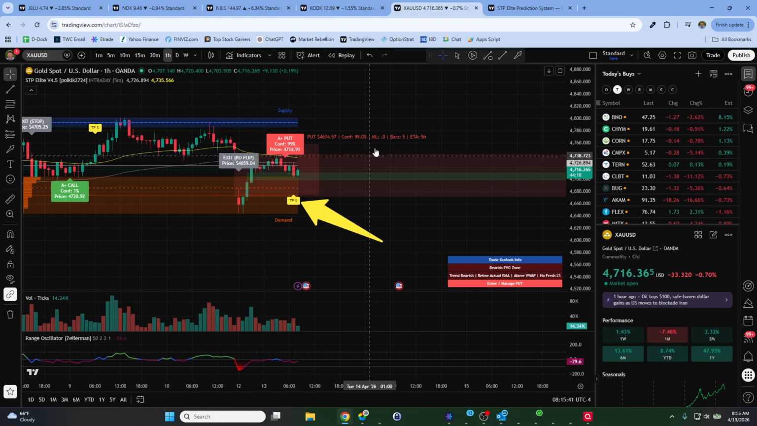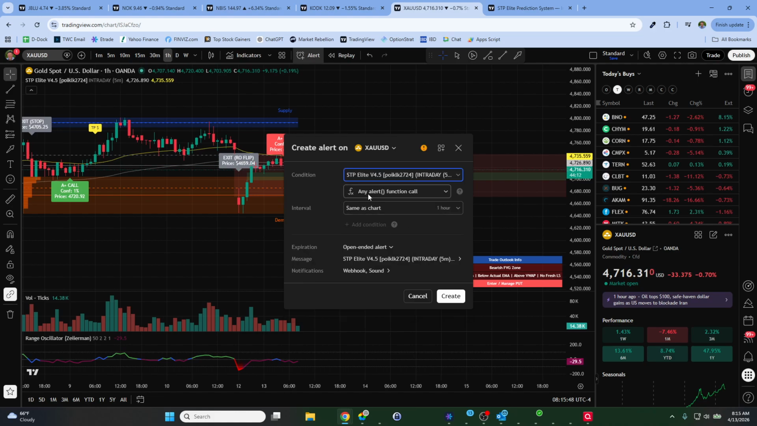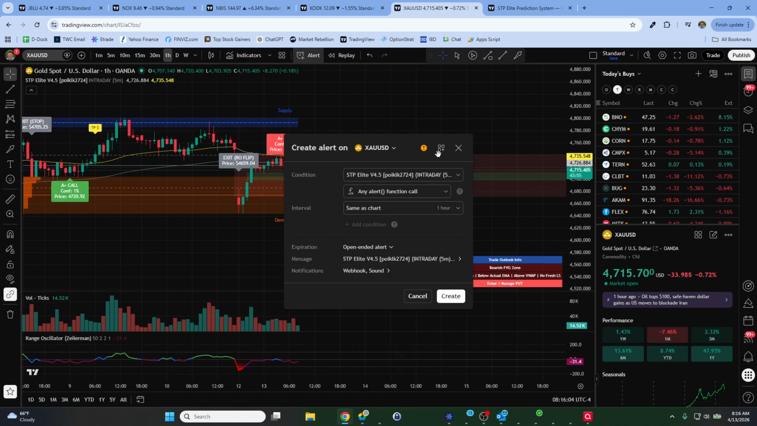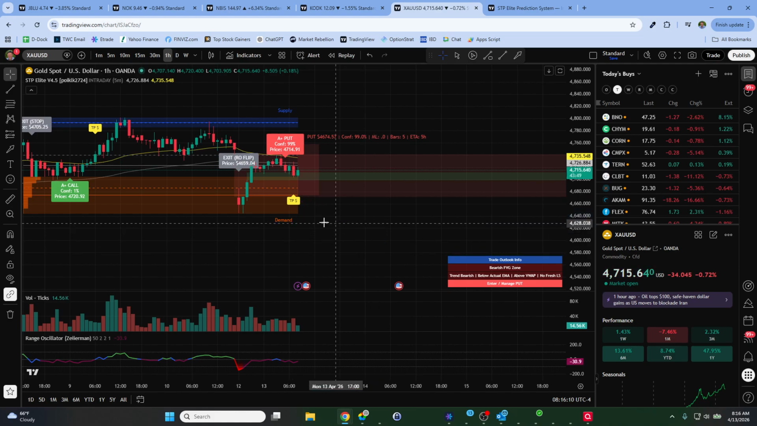But the nice thing is with my system here, you can go in and create an alert based on any of the functions. So I want to say a call, a put, a trigger, a take profit trigger, an EMA exit, or an add signal are some of the labels that you'll see in my system. So you can create these alerts and be notified if those come into play, so you don't sit and stare at your screen. The other thing that I've had people ask me about, and I want to cover this, is